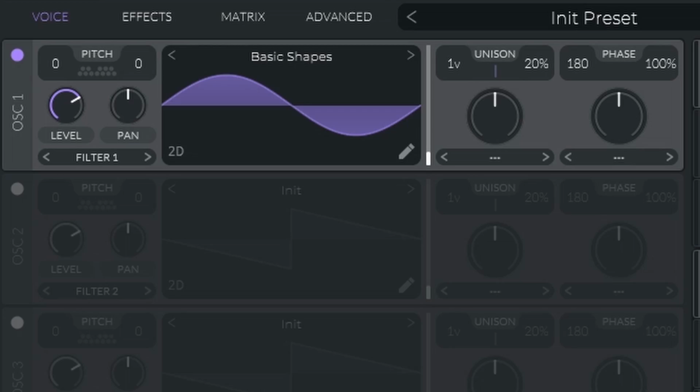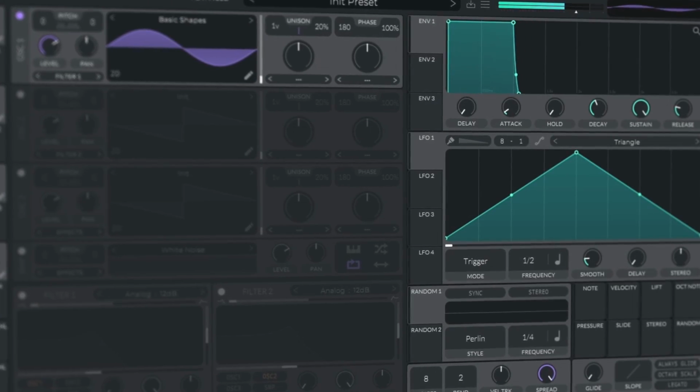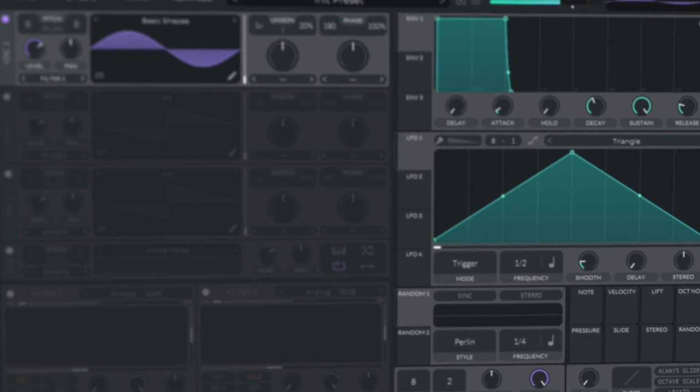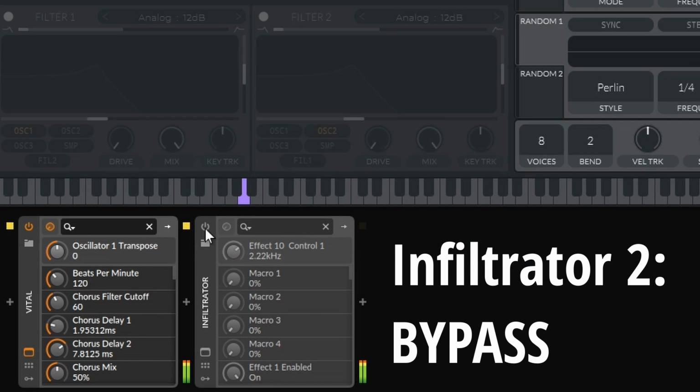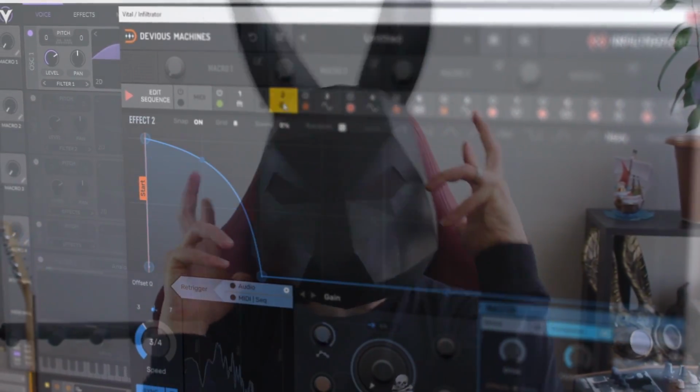This is a sine wave. This is the same sine wave with just one instance of Infiltrator 2. And that's crazy. Today I'm going to review Infiltrator 2 by Devious Machines, which is, as you can guess, an